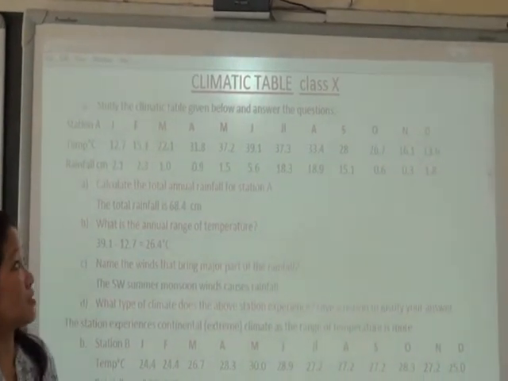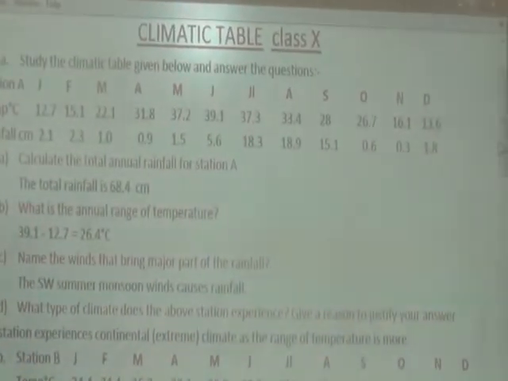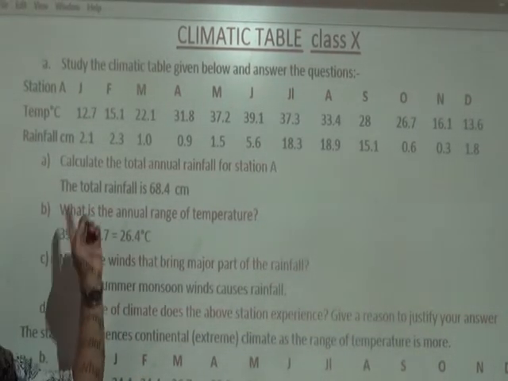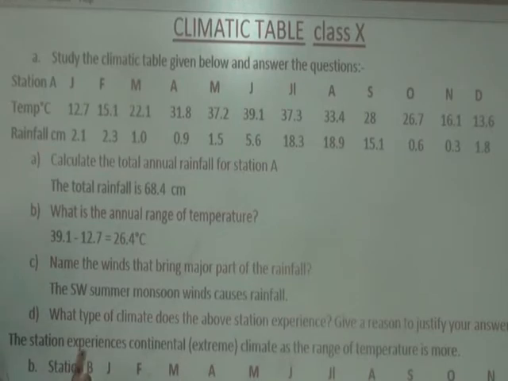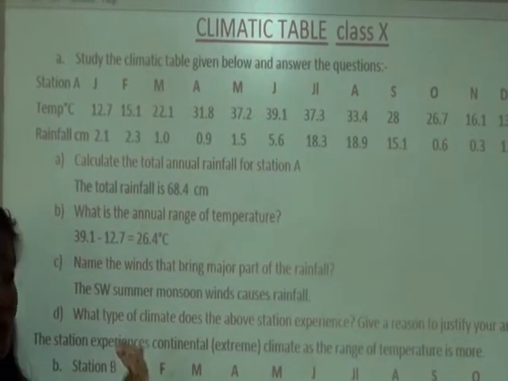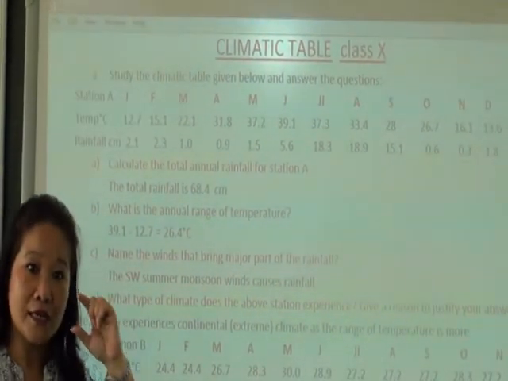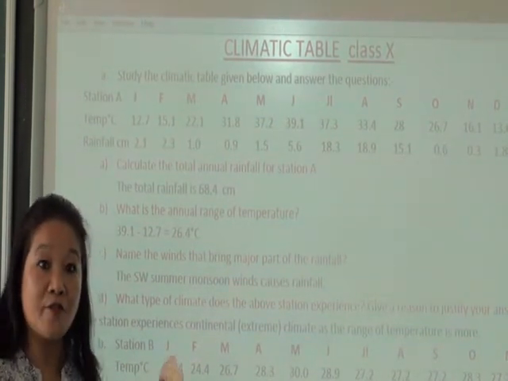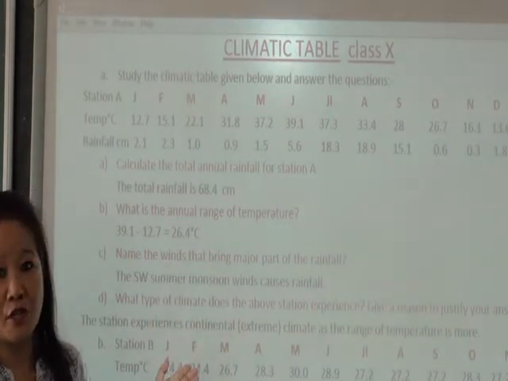Boys, I'm going to start with this particular table, the climatic table, which is in the chapter Climate, the third chapter. We've done it in class 8 and class 9 also, and it's a continuation. But why I'm laying a lot of emphasis on this is because it forms an important part of the chapter: out of 10 marks, 3 marks, at times if you are lucky 4 marks, is just this particular table. So these are simple calculations.